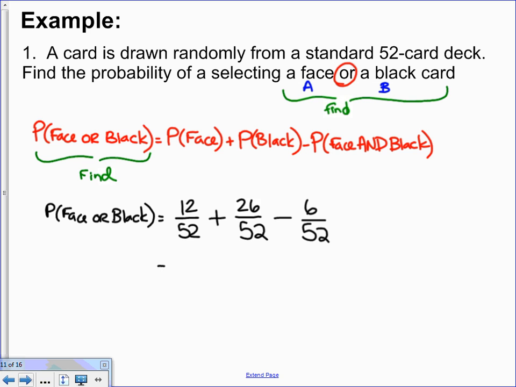Since these all have common denominators, I can keep my 52 and just work with my numerators. 12 plus 26 is 38, minus 6 is 32. And then I can either simplify this, these both divide by 4, or divide it in my calculator and get a decimal. Does anybody have the decimal value for that? 0.4